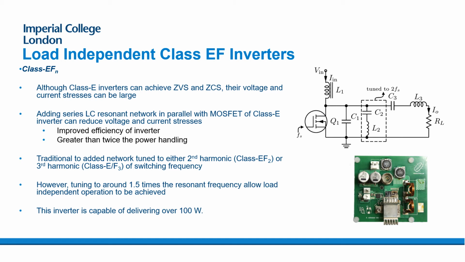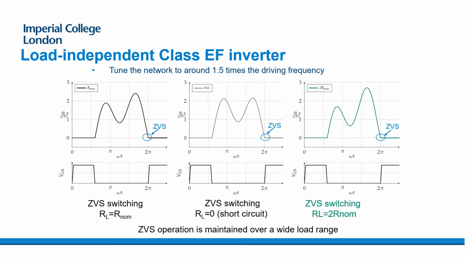The other thing that we get with this system is, as well as being able to design it so that it has low loss as RL changes, we can maintain a constant current in L3. In other words, we've now decoupled the behavior of the transmitter from the receiver, and even as we change the value of RL, we create a constant magnetic field from the transmit circuit. And in this case, as I said, as RL changes, we're not getting additional switching loss. And you can see that in the plots here